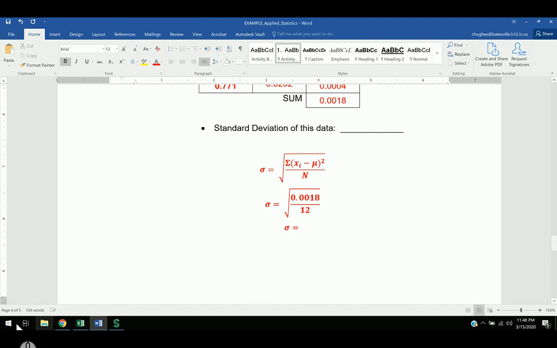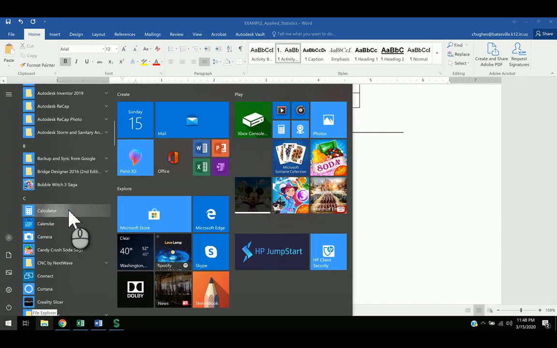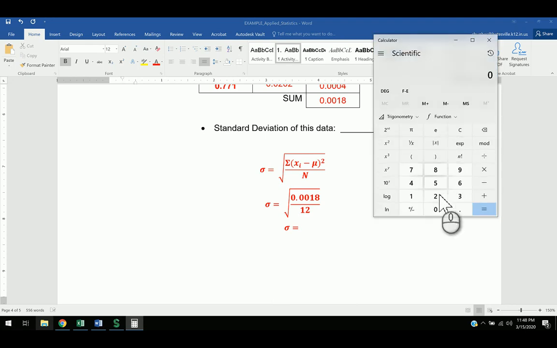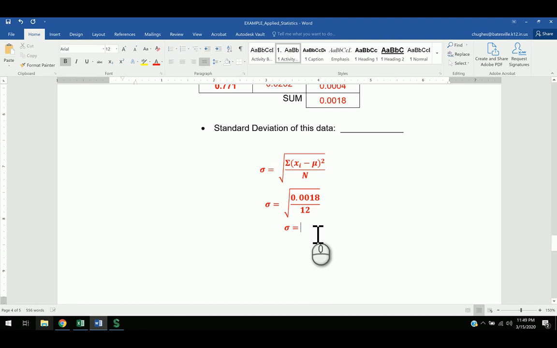So when I go into my calculator to run this, I can go ahead and put 0.0018 divided by 12, and then second, and I'm going to use the square root function, and here I'm going to end up getting 0.001. Just to verify, sometimes I don't always like this, so I think it did go through and do it one more time than what I did. So when I calculate this actually on my calculator,